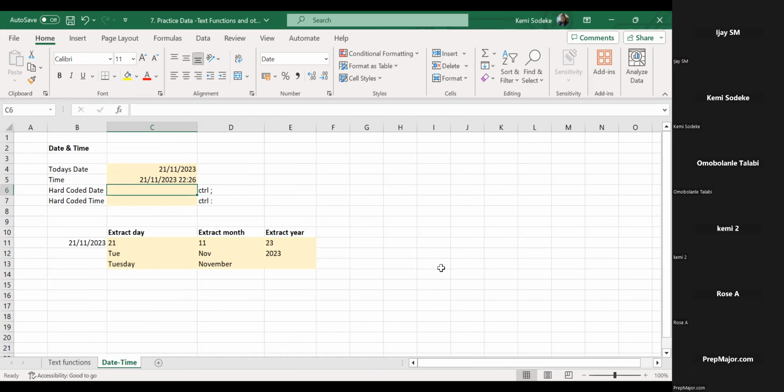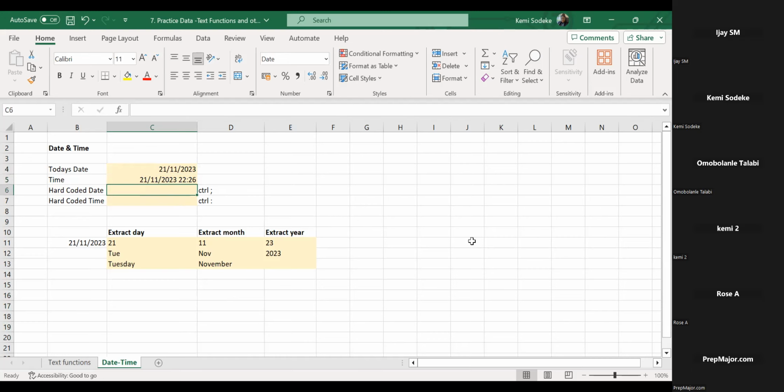And then to add hard coded dates. The difference between these ones and the hard coded one is for the ones that are formula driven, if you save this file and open it tomorrow, it will come up with tomorrow's date. So it will always reference the current date. And the time would also reference the current time because it is formula driven. What you've put is the formula. But if you want to hard code it and you don't want it to keep changing,